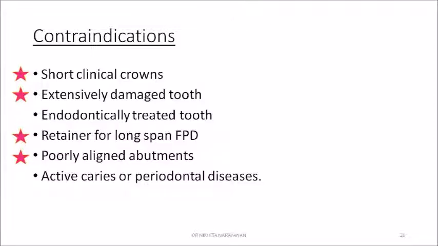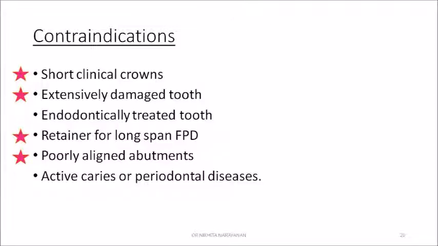In a partial veneer crown, the preparation is not done on all surfaces. One surface is left intact. So the amount of support it receives from the preparation is also less. So if the crown height is not sufficient, then the surface area is decreased. Also, it cannot interfere with the arc of displacement. So there will be less retention. So a partial veneer crown cannot be given for short clinical crowns and also in extensively damaged tooth.